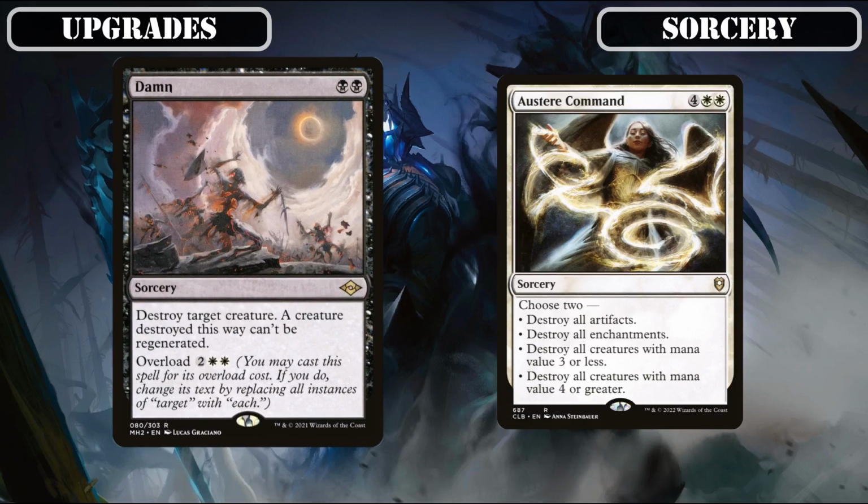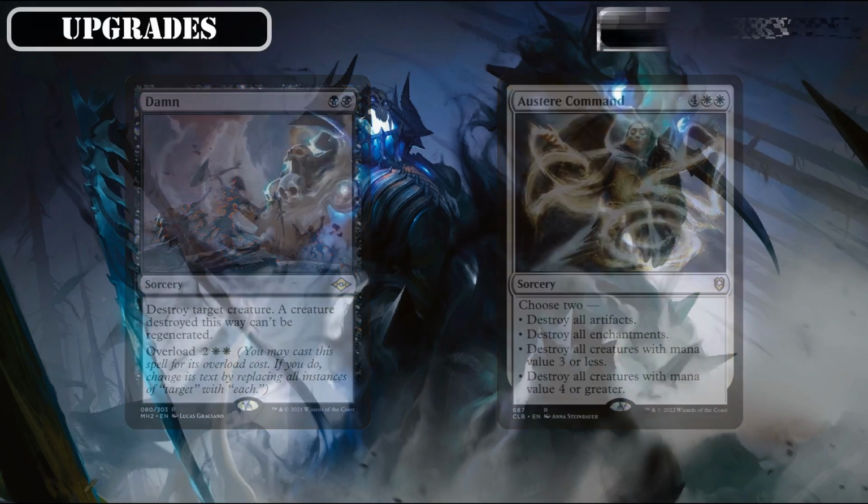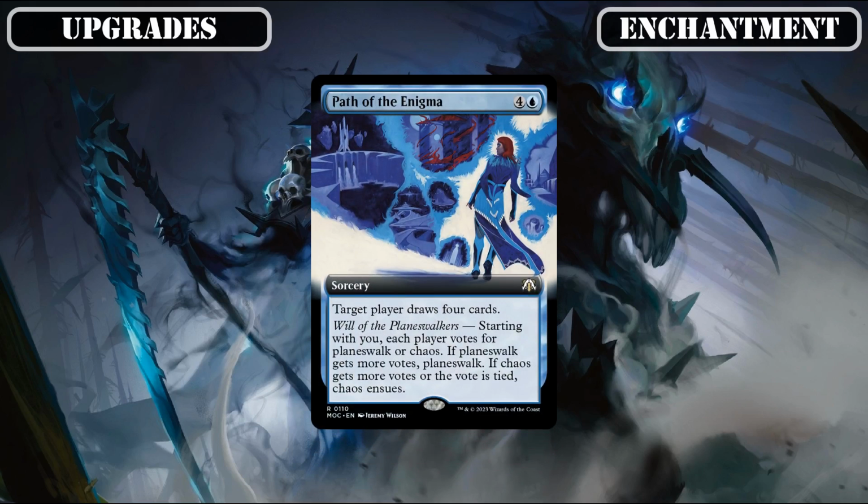The former's flexibility as both a single target removal option or a wipe, allowing us to take advantage of it even if we don't need to wipe the board, and the latter's modular nature ensuring we'll generally always have the type of wipe we need depending on the situation to retake control of the board without suffering too many losses. Our enchantment upgrades will then continue to refine our core stats by exchanging out Path of Enigma's serviceable draw for